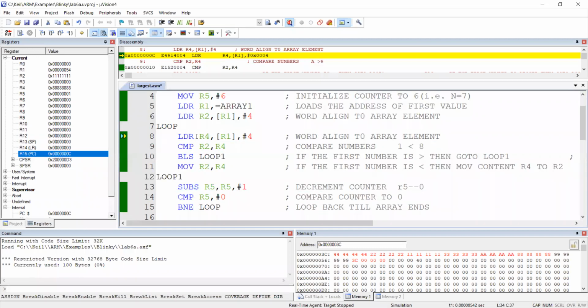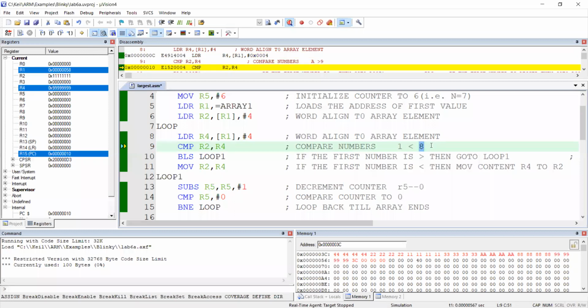Present R1 will be loaded into R4. Present R1 is pointing at 999, so here in R4, I will get 999. I hope you can see R4 got 999. 9 comparing with 1. Is 1 less than 9? Yes, 1 is lesser than 9. So it will go to loop 1.